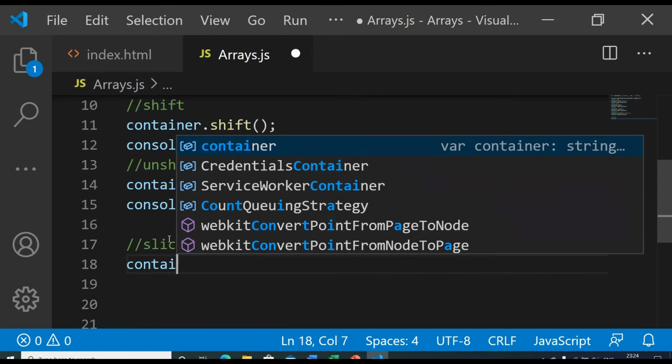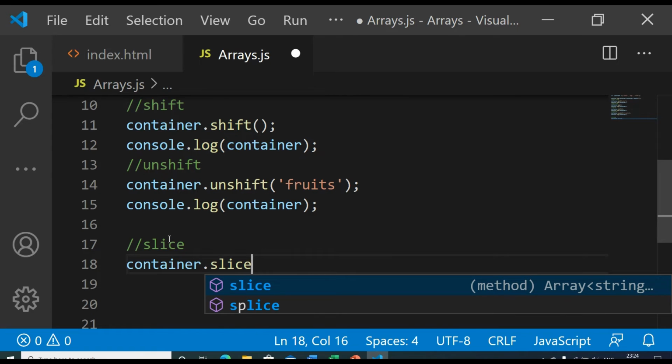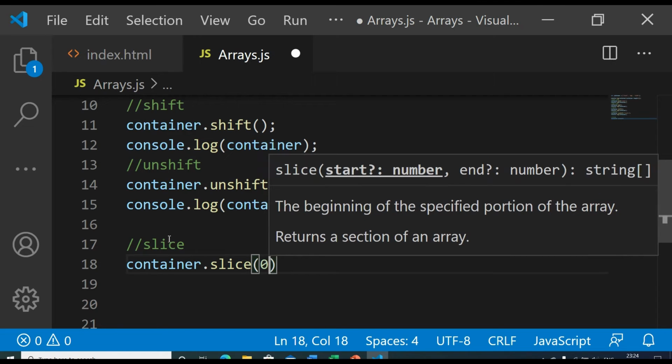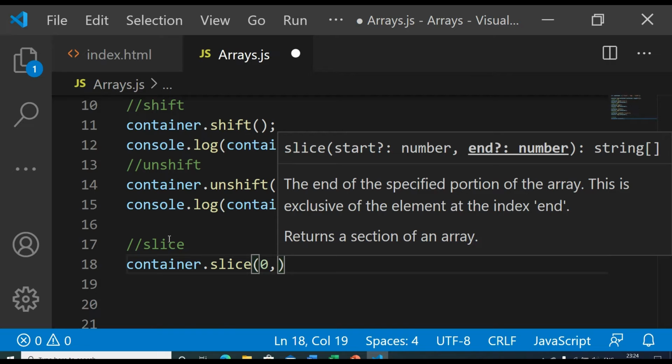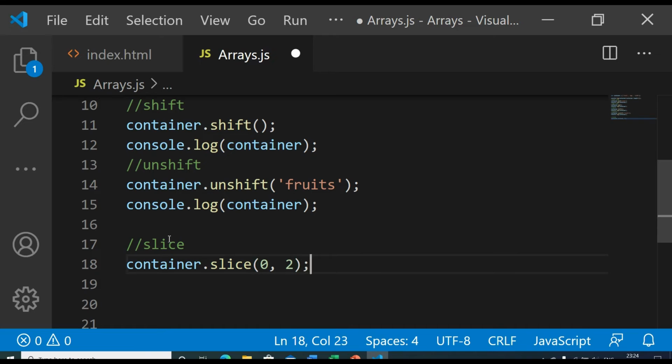So what does the slice method do? If you write slice, in Visual Studio Code you can see the start and end number. Start is a number, so it will take one index number, and end is also a number, it will also take an index number. So if I write 0, it means start from index 0, and let's say I add 2, till the second index.